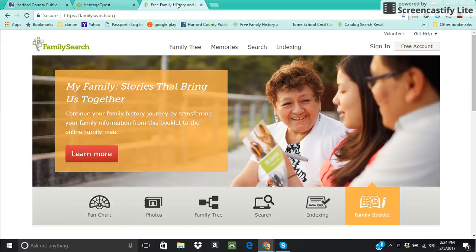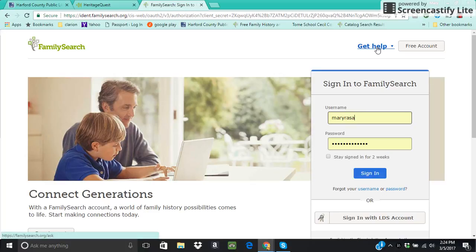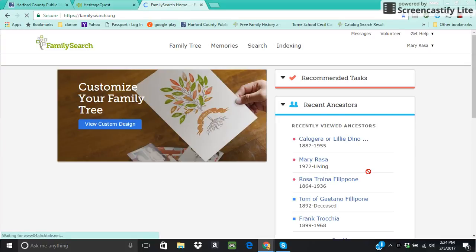So I have up here, this is the main page. You do not need a library card to get on here. It is familysearch.org. You just need to create yourself a free account. And since I already have an account, I'm going to click the sign in. And I'm going to go ahead and sign into my account,